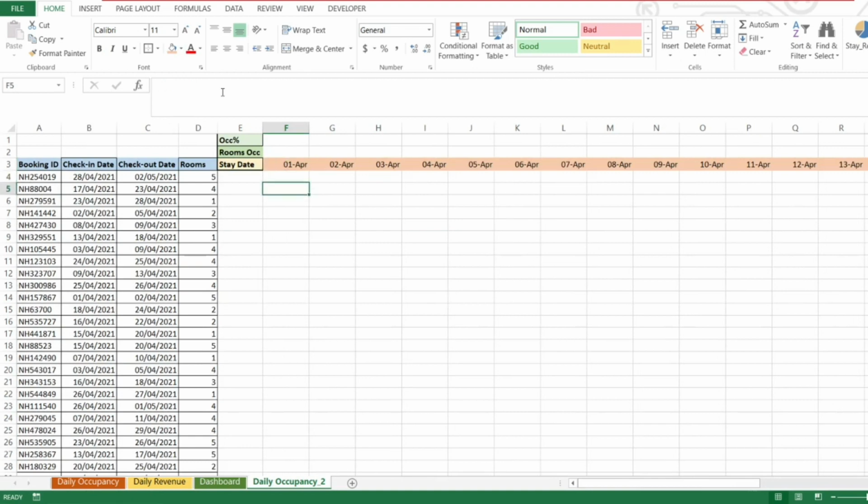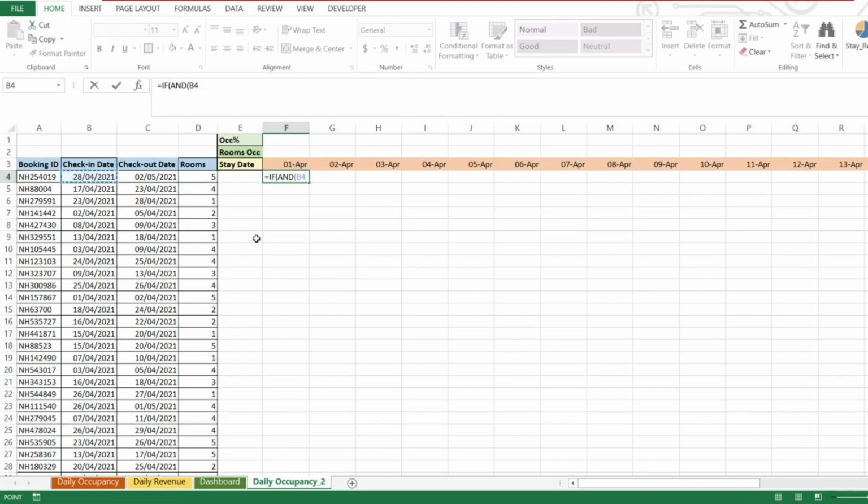Okay. And let's start off with the formula. As you can see, these are the check-in and check-out dates and number of rooms occupied for each particular confirmed booking. And the formula, which is again available in the same post, I'll give an explanation also. Use an IF statement along with an AND operator. What the AND operator does is it takes two logical inputs and gives an output based on whether those inputs are true, in combination with an IF statement.